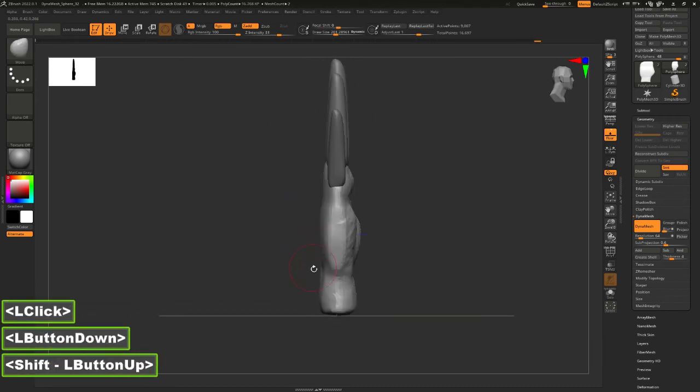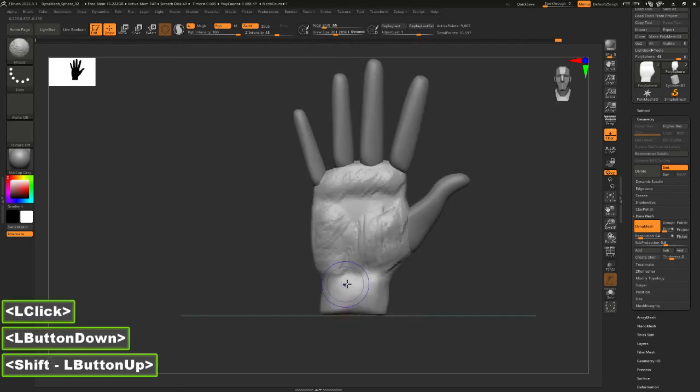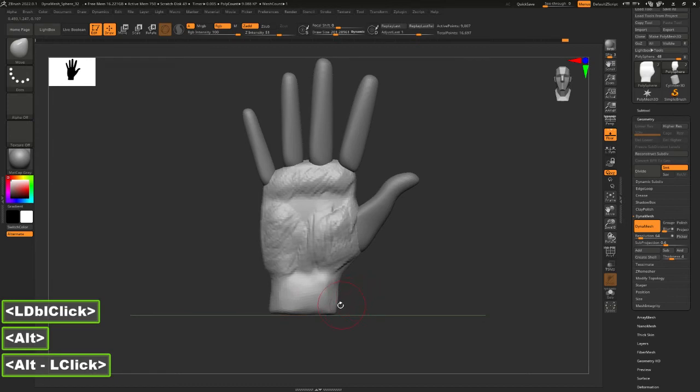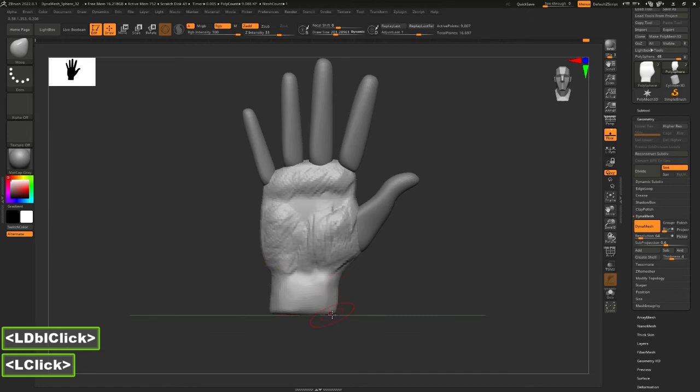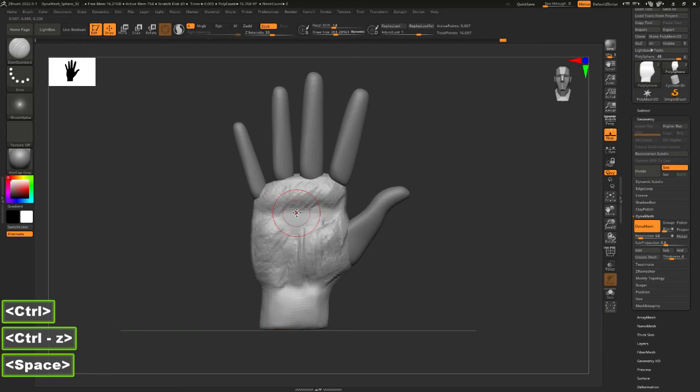Okay, it's not perfect, but it's not finished yet, so we are going to go to the right place step by step. Just be patient and constant. Okay, now I'm going to use my dem standard